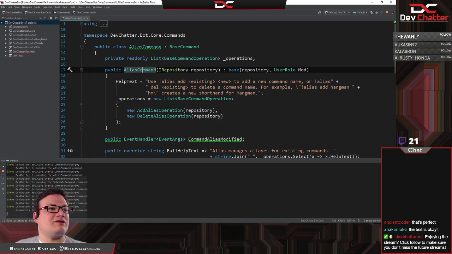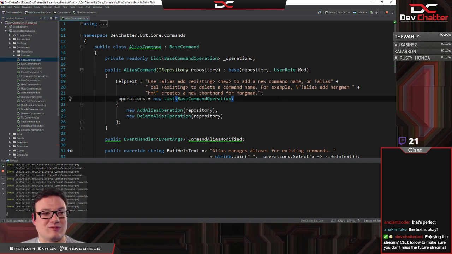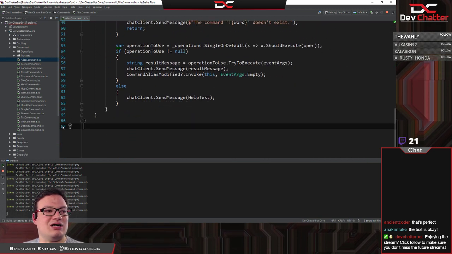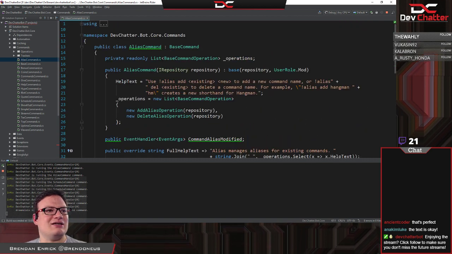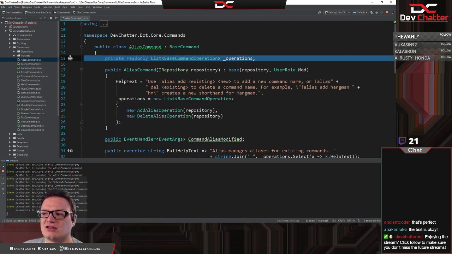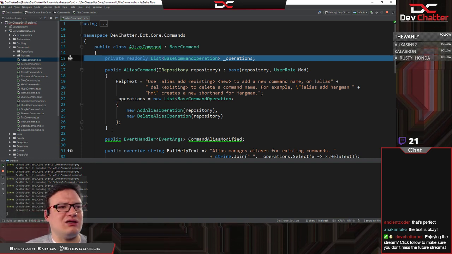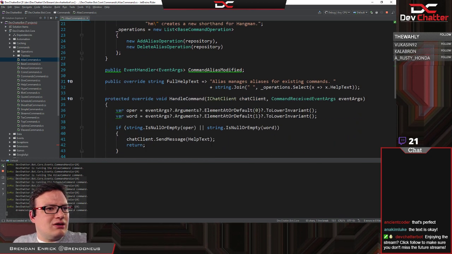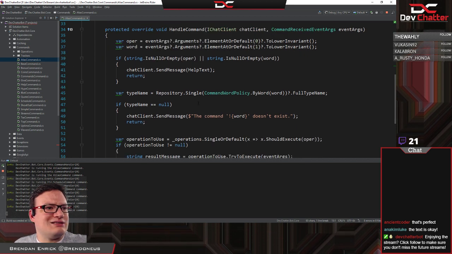Okay. So here's what we're looking at. This is the alias command, and the alias command only does one thing. Notice 67 lines of code, and it has a collection of operations. So this collection of operations that it has right here, it's got a list of them. When we look down here, what it does is it says,